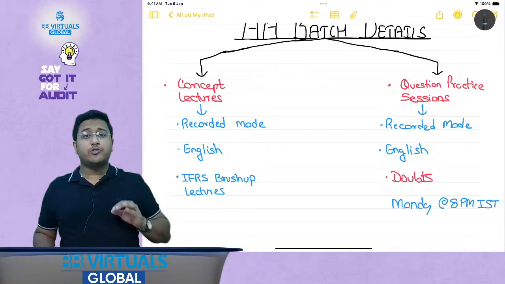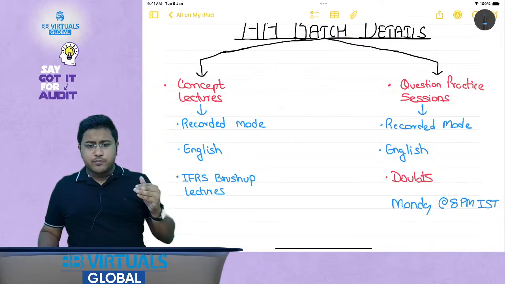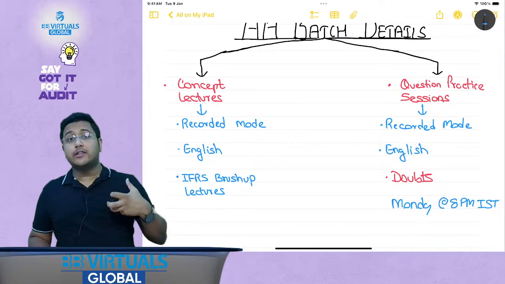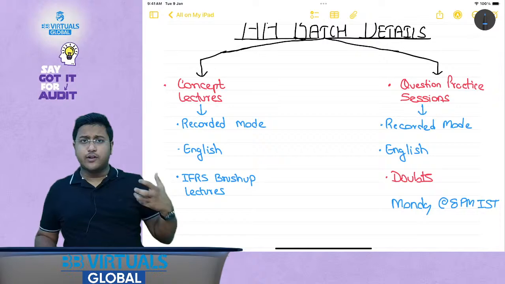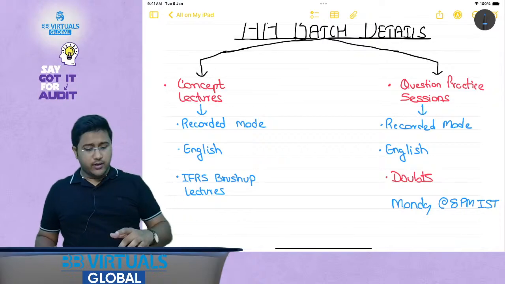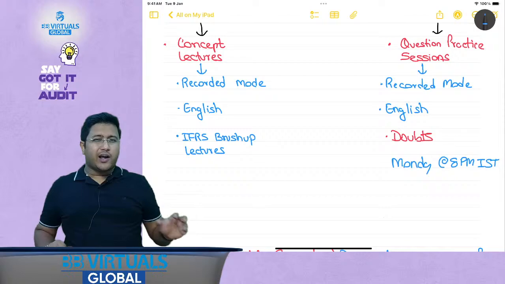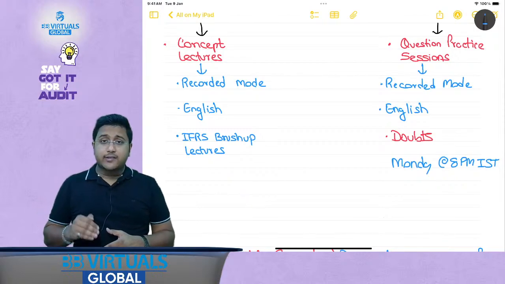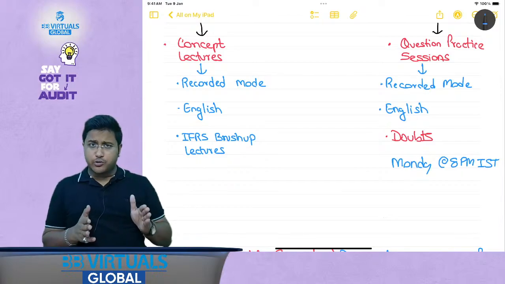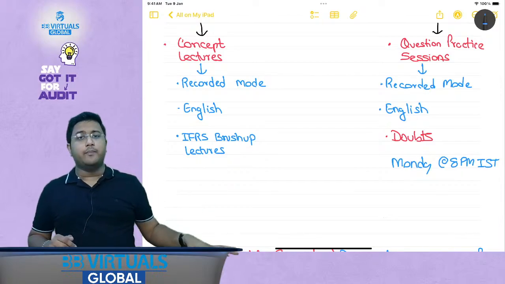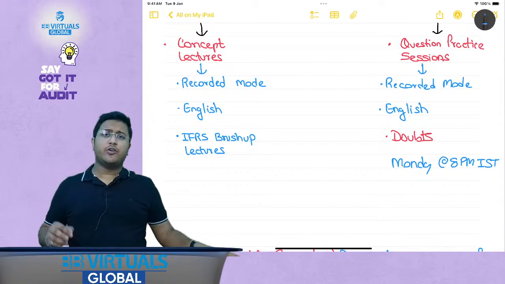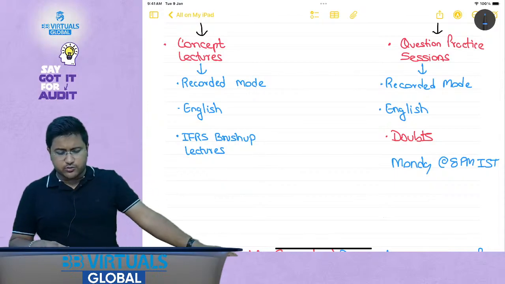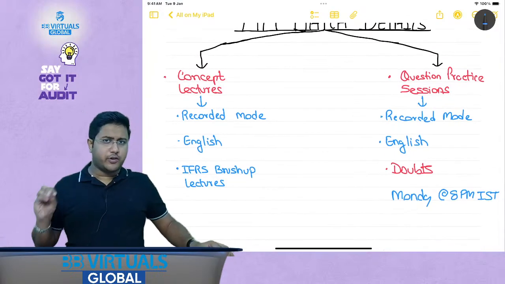Why is it very important for you? Because in case of audit, the biggest difficulty that every student faces is regarding the language. So you will have to study it in the English language only, and that is something that would be very important for you. So what are the IFRS brush up lectures? A lot of times there is a gap between the FR subject and the AA subject, although it is highly recommended that you either appear for FR and AA together, or you appear for AA just after FR. But even if there is a gap, just in case you have forgotten the IFRS standards and IAS standards, we will be offering you brush up lectures also. You will have to request it. We will be offering it to you for free.